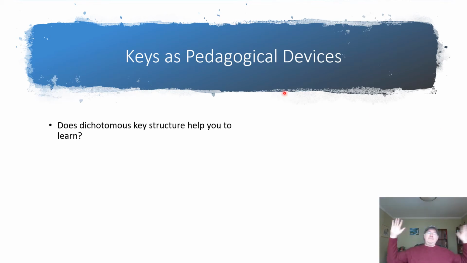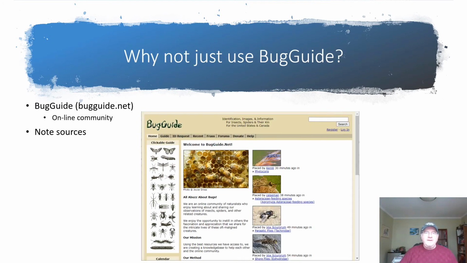Now I can already hear it. You have a question. Why don't I just use Bug Guide? Why don't I just go to the Bug Guide website there at bugguide.net, with a specimen in hand, and look for it? I find a picture of it. Or if it's not a container ship sitting in the port waiting for an identification, and I've got some time to get the identification done, I just take a picture, post it on Bug Guide, and say, okay, world, okay, community, tell me what this thing is. Well,